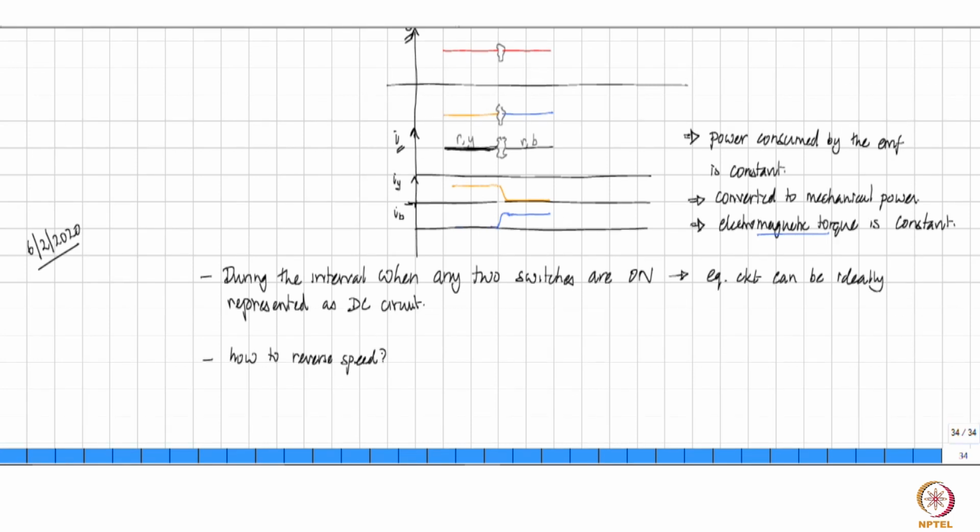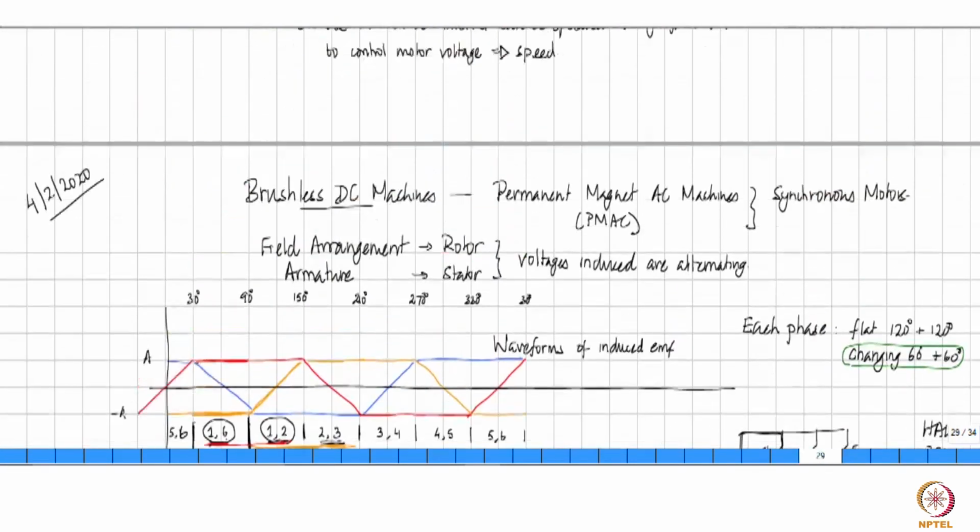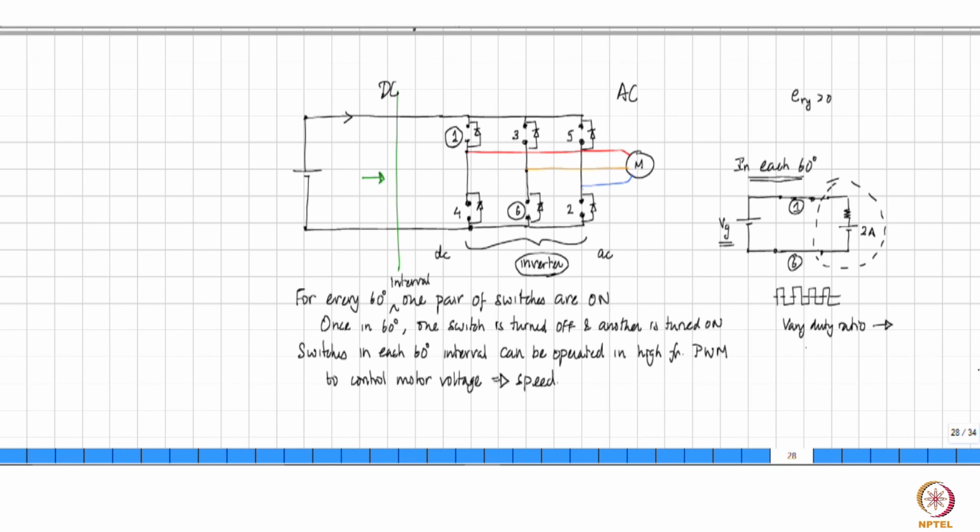Or reverse the direction of rotation, right? In the case of a DC machine, if whatever was on the side after this line had you connected a DC machine here, then how would you reverse the direction of rotation? You simply have to reverse the supply, that's all. But unfortunately you can't do that here.